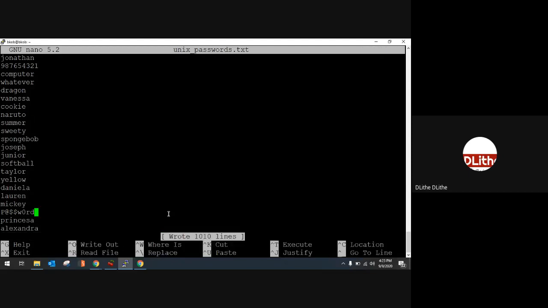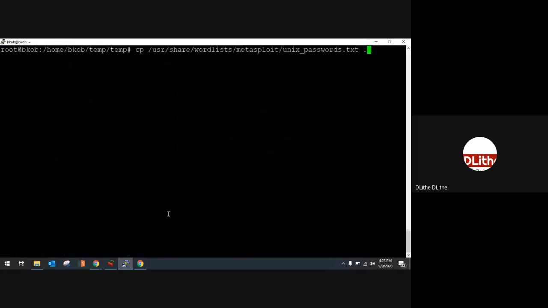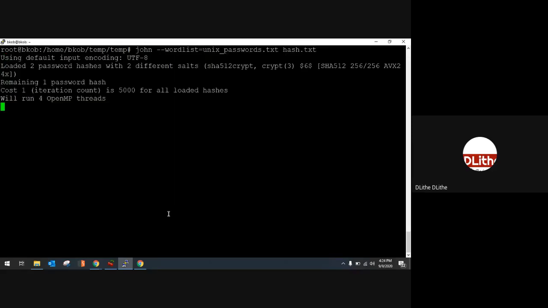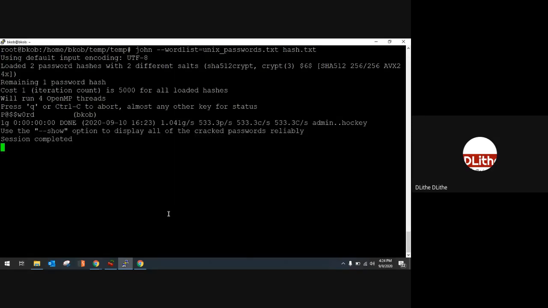The reason I'm creating my own word list is because I want to show you the positive scenario or negative scenario. I've already shown you the negative scenario. What if your password is a complicated password and it does not exist in your word list? It will take a lot of time and it will not crack it. But even if you are using a complicated password, if you are able to add that in a word list, in that case you'll be able to crack the password. It's a unique password. So now I'm using my custom word list, and in it I have mentioned my password. Hence, I can easily see the password has been successfully cracked. So this is a way how you can crack a Windows password and a Unix password.